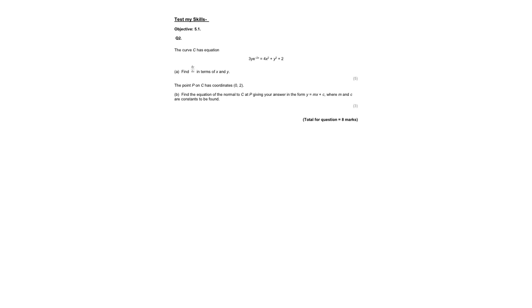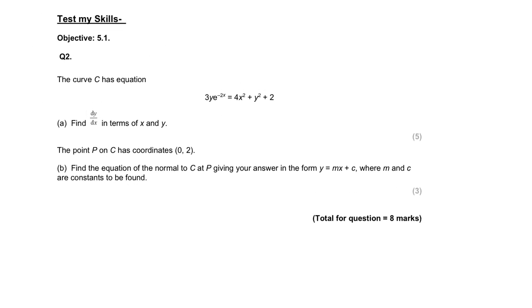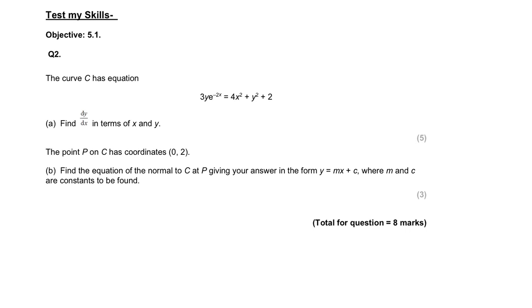Okay, so let's have a look at question 1. We should be happy with this one. It's an 8-mark question. The curve C has equation 3y e to the minus 2x equals 4x squared plus y squared plus 2. Find dy by dx. Okay, so the first thing I notice